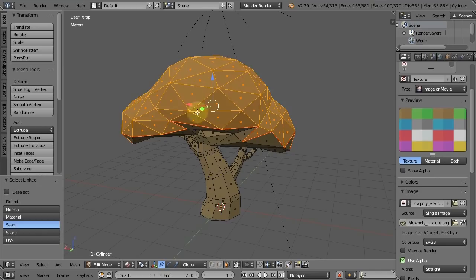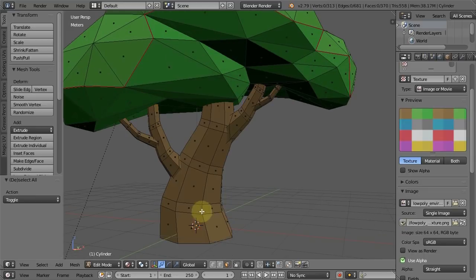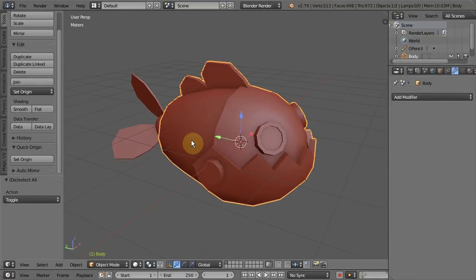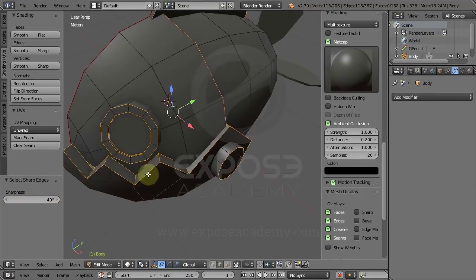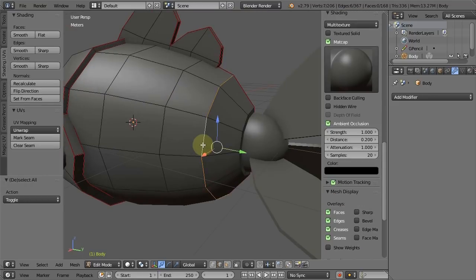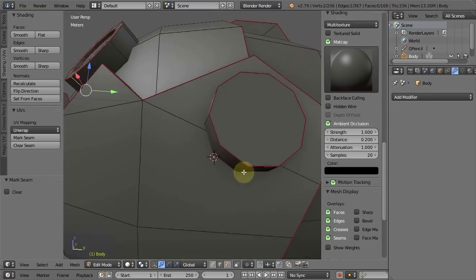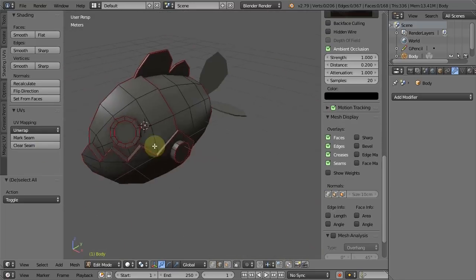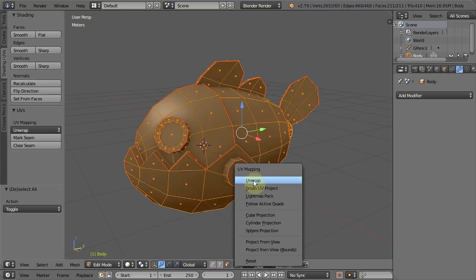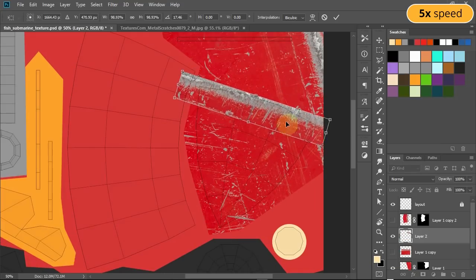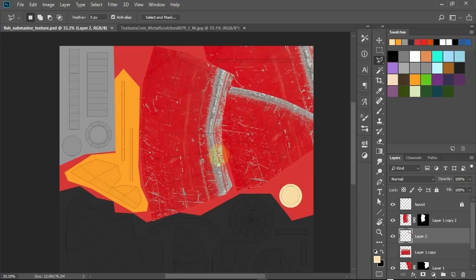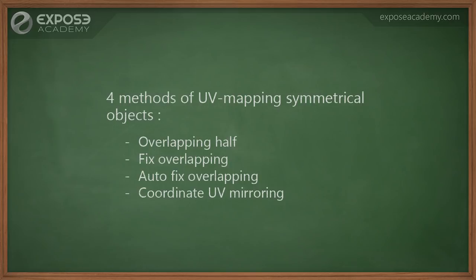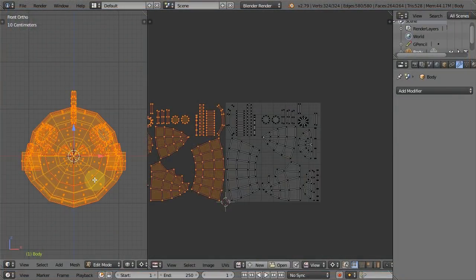After the tree project, we are moving on to another project where we need to create a UV map for a more complex multi-part 3D object, which is this fish submarine model. The challenge of this project is to have an optimized UV map for both symmetrical and non-symmetrical models in one texture atlas. We're going to start with UV seams assignment, unwrapping the model, and then finally adding texture details and shadings to the object.